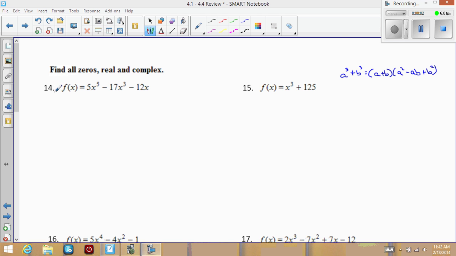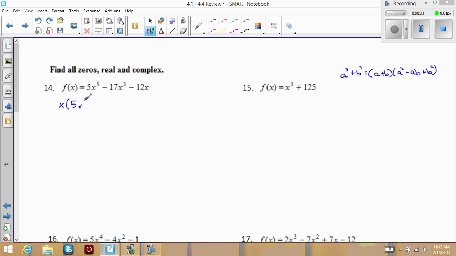Okay, now we're starting with number 14. We have to find all zeros, real and complex. So here we can expect to be getting an i in our answer somewhere. So the first thing we want to look at is, can we factor anything out from our polynomial? We can. We can see an x in all three terms. So if we factor out x, we get